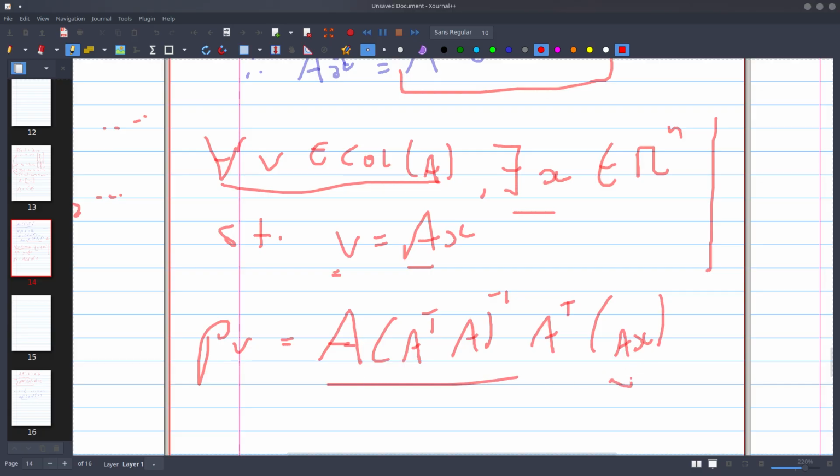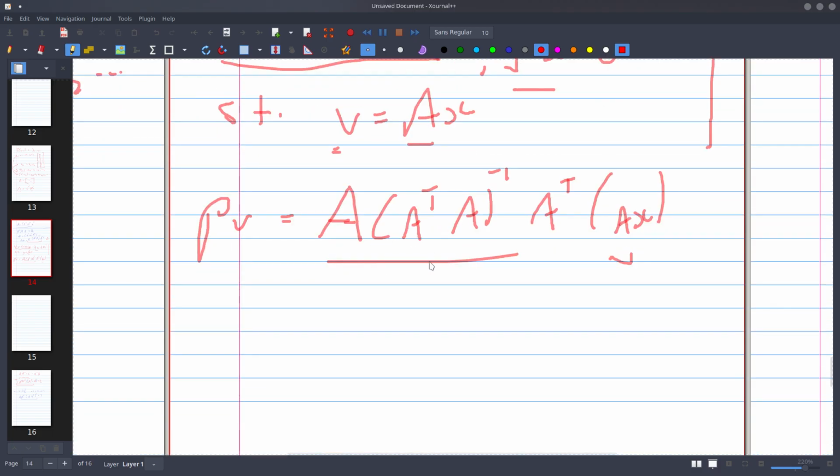So this is P and this is V, we said before, such that V is equal to A times X, right? So I've already explained what that means. And so here's what you can do. You can move some columns around here if you wanted to. It's just so nice. But if you move the parentheses around, what you'll find is AX is actually just equal to V, which